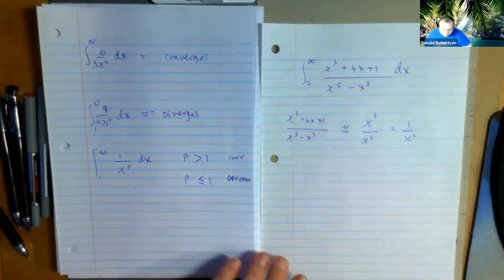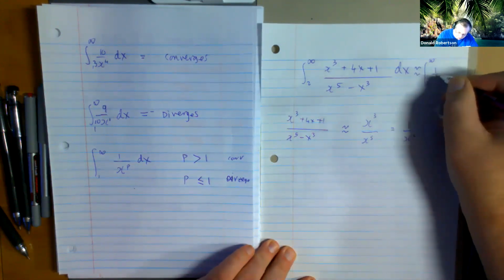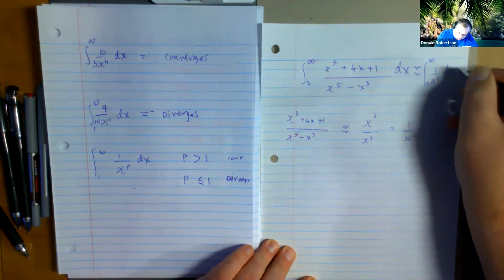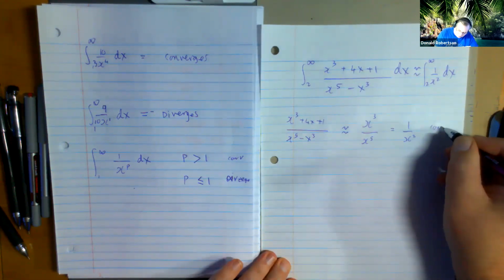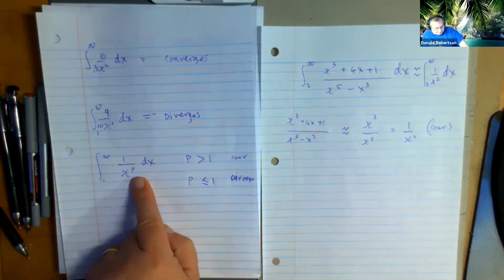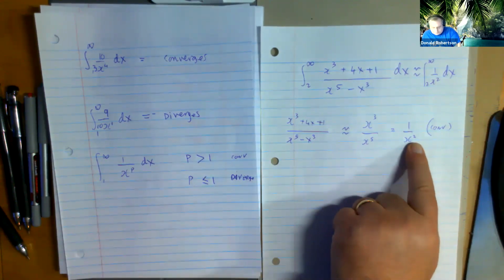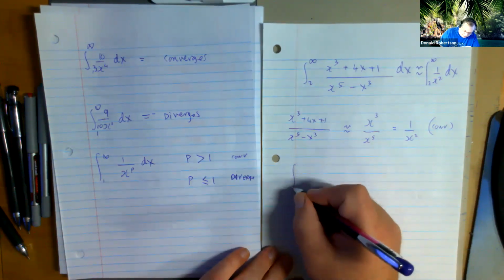What do I know about this fella? Well, he behaves the same way that that guy behaves. Does this guy converge? I see a nod, and the answer is yes, it does. How do I know it converges? Because the power is bigger than 1, right? This power, 2, is bigger than 1. It will converge. How about